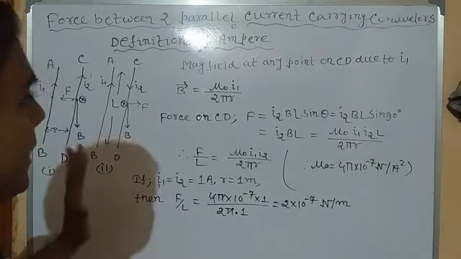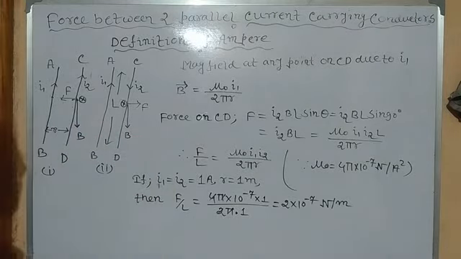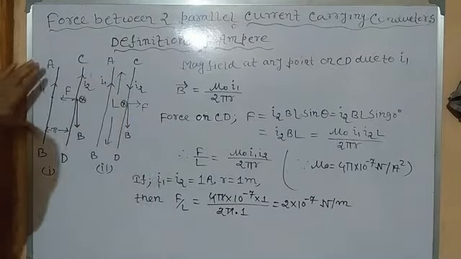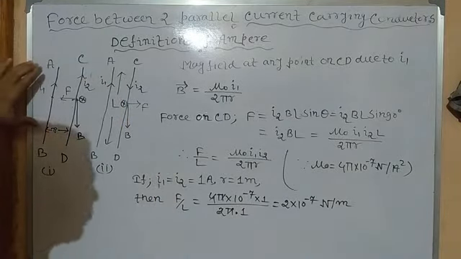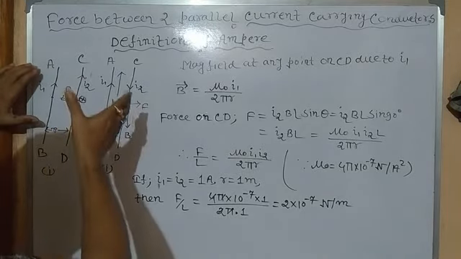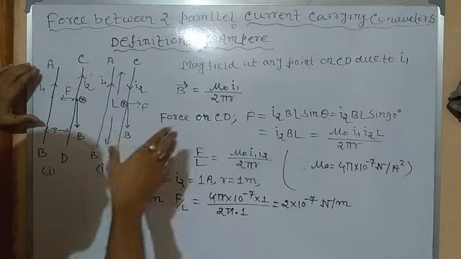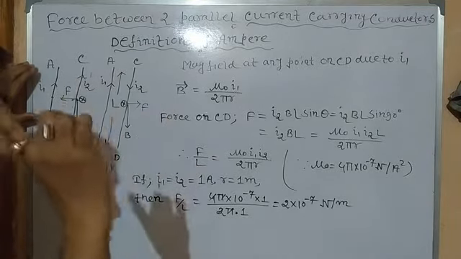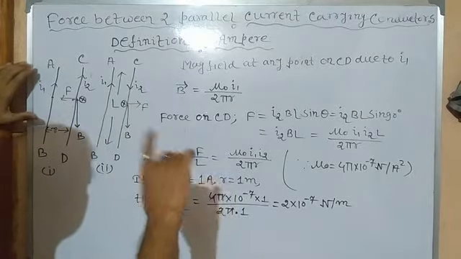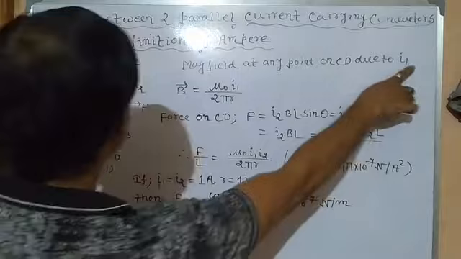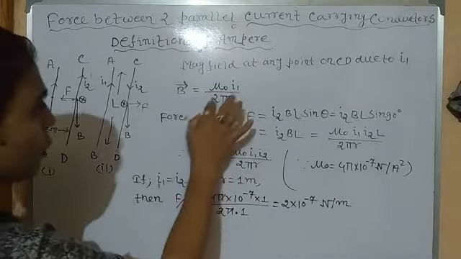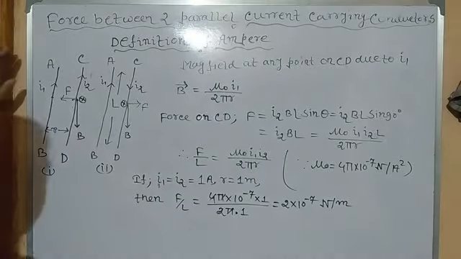Since a current carrying conductor produces a magnetic field at any point, consider the magnetic field at any point on the conductor CD. AB is the first conductor, carrying a current I1. Due to this current, we can find the magnitude and direction of the magnetic field according to the Biot-Savart law. Just remember the magnetic field due to a straight current carrying conductor at any point, that is CD, due to I1. Clear? Because of I1, a magnetic field is created on the second conductor, and B is equal to mu 0 I1 by 2 pi r. Ready-made formula.